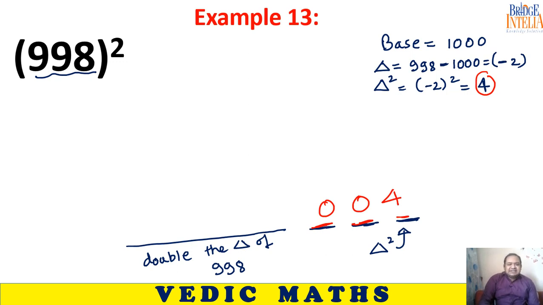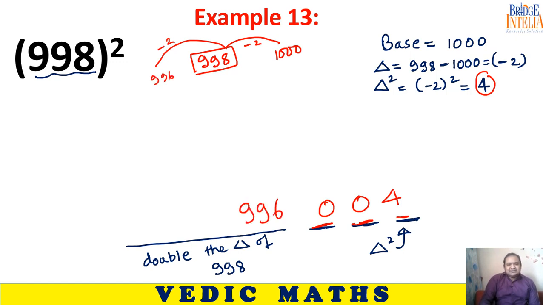Now let us double the deviation of 998. So the original number is 998, the base is 1000. So 998 is 2 less than 1000. Double the deviation, send it another 2 backwards. So 998 minus 2 is 996. So 996004